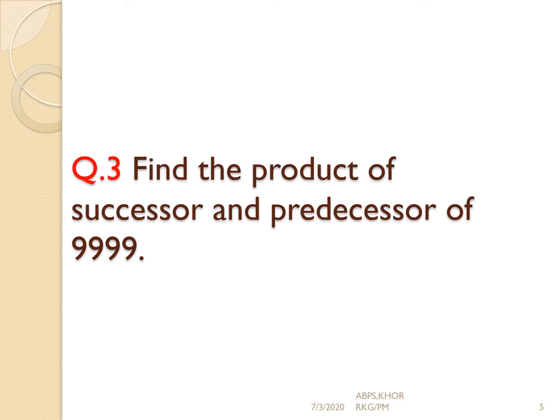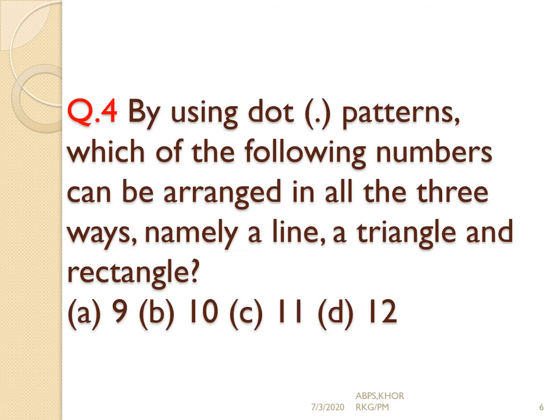Find the product of successor and predecessor of 9999. Now, the very first thing, the number given is 9999. It's a 4-digit number. And what is special? The greatest possible 4-digit number. Now, successor means after number. It means we have to add 1. Predecessor means before number. It means subtraction of 1 to get the before number. Do it.